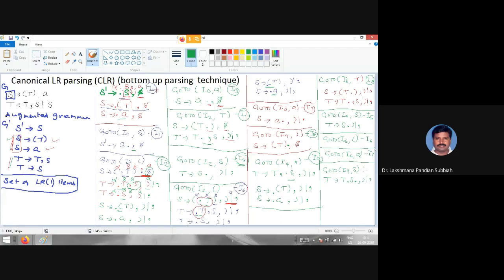So this is I11, right? Next is here we are having open bracket. So that open bracket, that one is here we are going to have I20, right? So anything else missing?